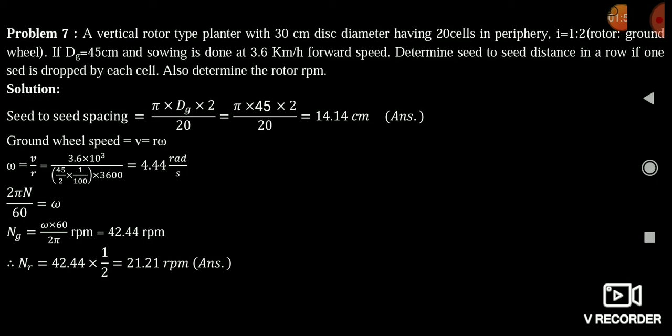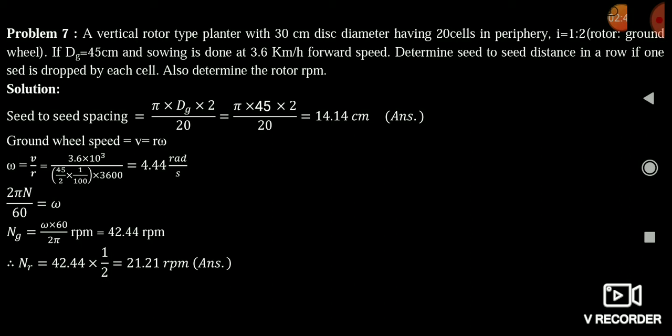Suppose our planter has 20 periphery cells or 20 tubes like that given. Means when we rotate our rotor one time, means 20 seeds are dropped from the planter. Means one seed is dropped from one cell and one seed is dropped from one tube. हमारा एक बार जो रोटेट करेगा ना रोटर, उसमें हमारा एक सीड ड्रॉप होता है हर ट्यूब से और हर सेल से. एक सीड एक बार रोटर को रोटेट करने में. So friends, you should understand it very carefully. Then after you can proceed to solve the question.